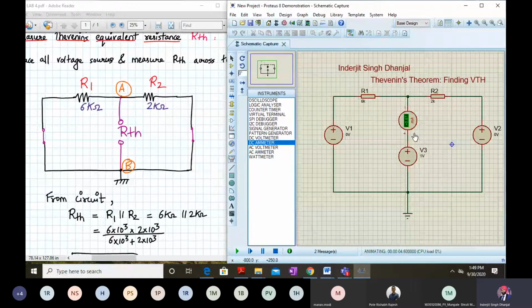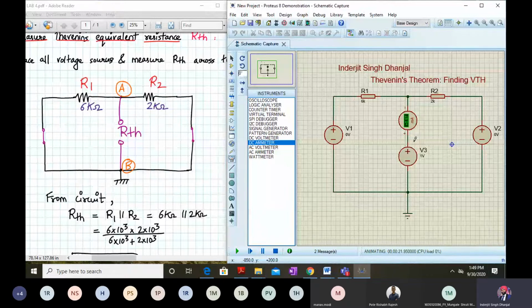So I'll divide 1 by 0.67 milliamperes, which will give me the value of the resistance. Actually, it is showing only 2 digits. It's actually 0.6667 milliamperes. If you divide that properly, you will get around 1.4999 kilo ohms.